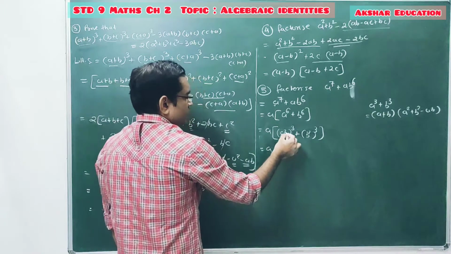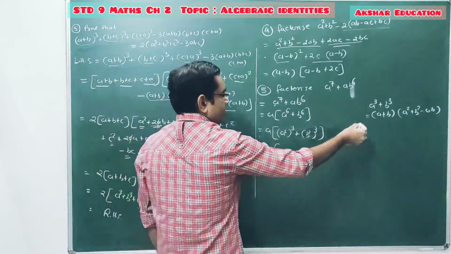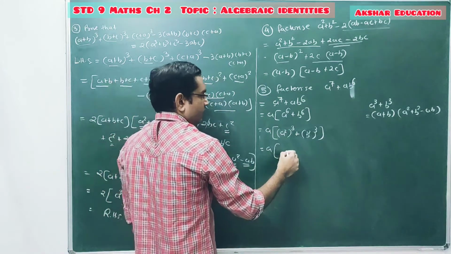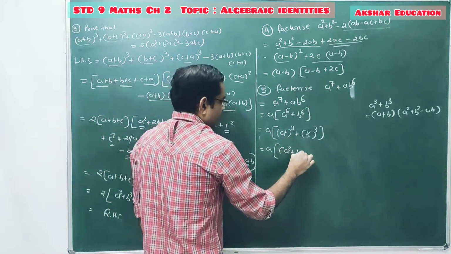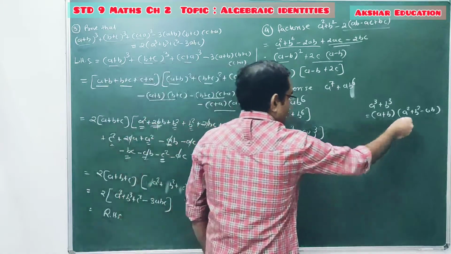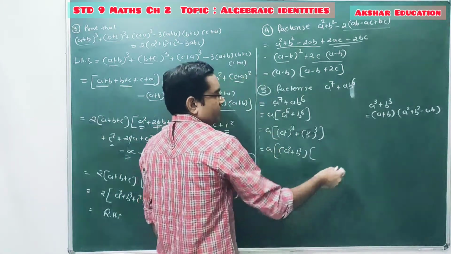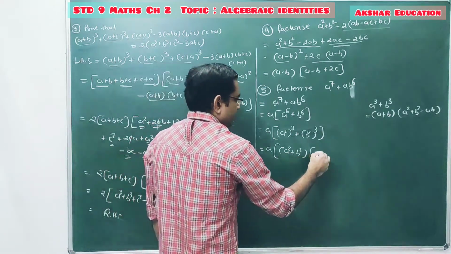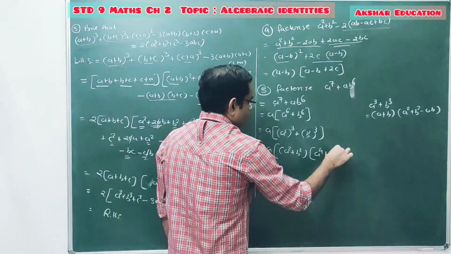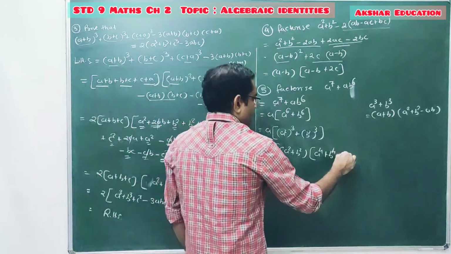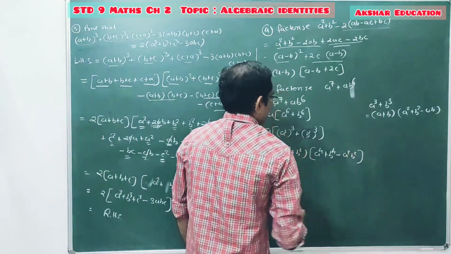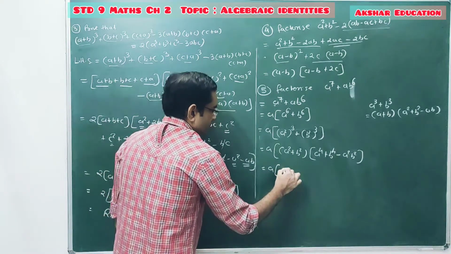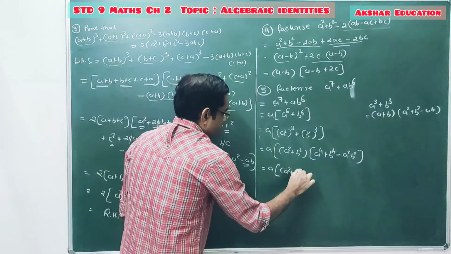So apply that identity over here. It's a into a cube plus b cube. First perform addition of a plus b. So instead of a, we are having a square plus b square. So the first bracket is a square plus b square. Then in the second bracket, you have to consider the square of the first term and the square of the second term. So the square of the first term is a raised to 4 plus the square of the second term is b raised to 4 minus a square b square. Clear? Now this is a into a square plus b square.